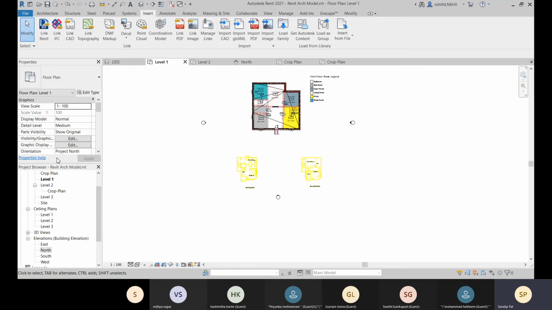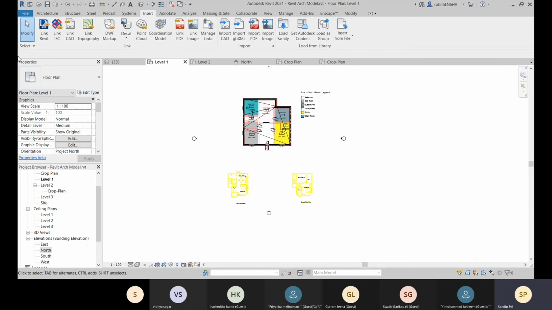Okay. Now we have one option for link Revit file. Okay, so that we can go for this link Revit. So when we will choose this link Revit option, when we need to create a federated model. So what is a federated model? When you have your separate discipline files, like architecture files, structural files, another MEP files, and at the last you have to combine all of them. So when you combine all the disciplines as a whole complete single model, that is called your federated model.